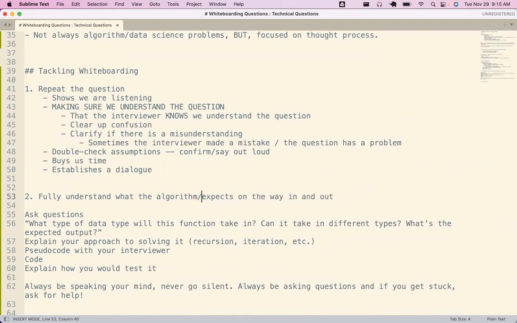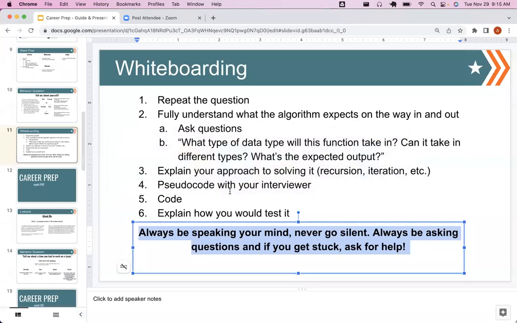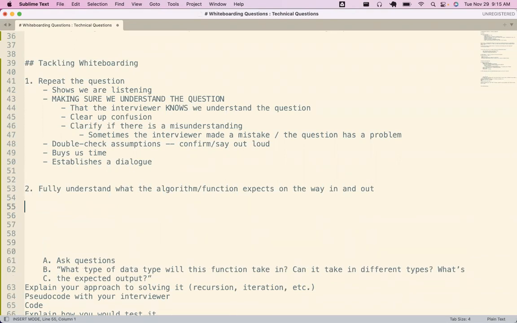Usually there's some sort of function or algorithm. Let me, in fact, start with this.